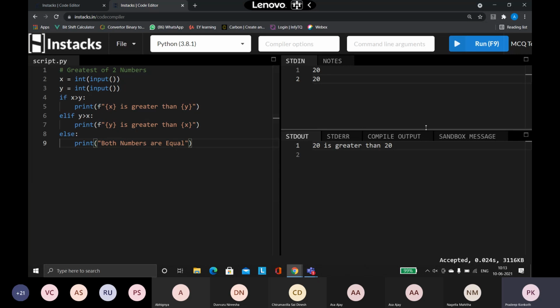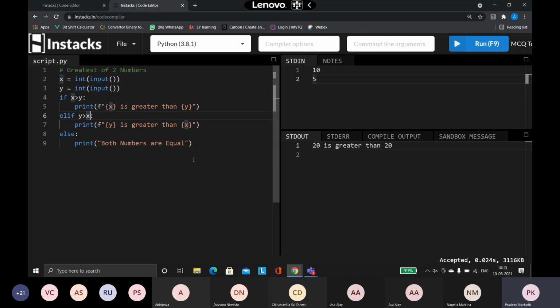Right. So now let us try to execute the same program. We'll test all three conditions. First I'm giving the x value as 10 and the y value as 5. So x is 10, y is 5. What is going to happen? First it will come to this condition, x greater than y. That is 10 greater than 5. The condition is true, so it will go inside and print this statement. If the first condition itself is true, it will not check all the other things.